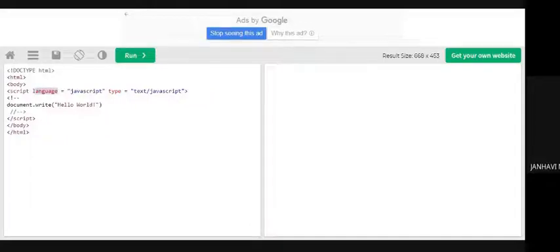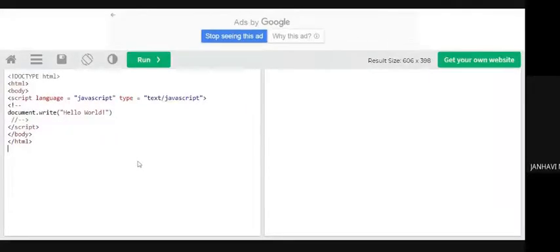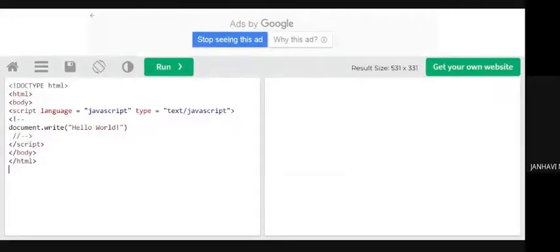What language am I using? JavaScript. So I have written JavaScript over here. Then type, which is text/javascript. So the data that we write is in text or JavaScript format. Okay, colon. This is where you start. Document.write, and this is Hello World.